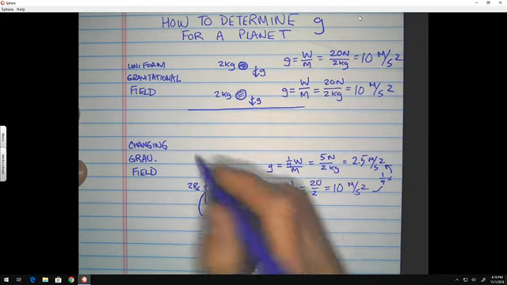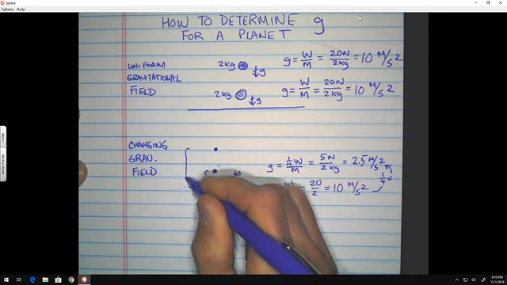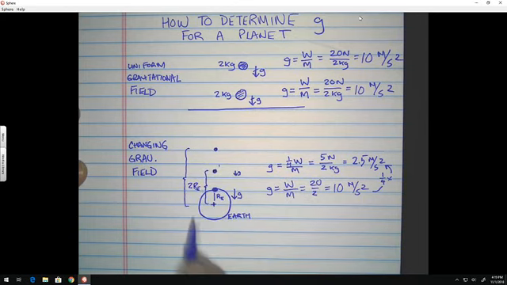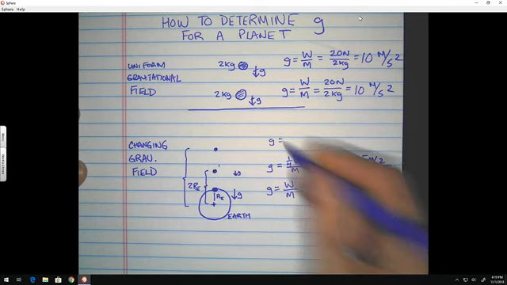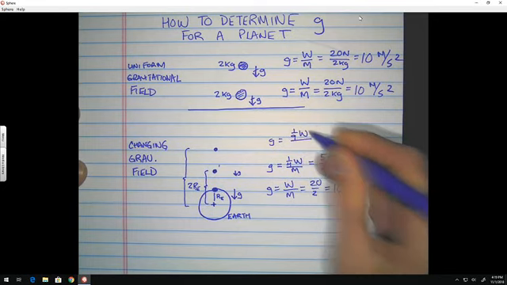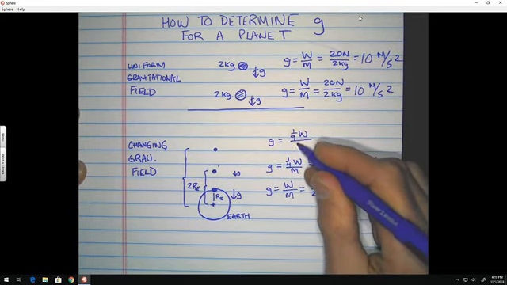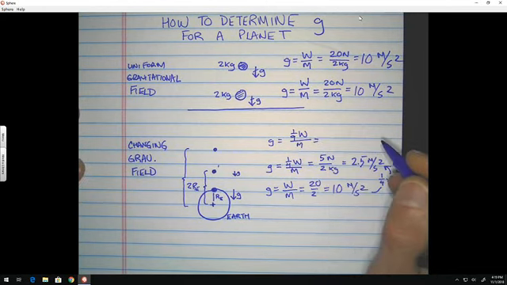Now, if you're following the logic here, you could now go to, say, 3 Earth radiuses, and we're measuring from the center of the Earth to that point. And I hope that you're with me on this, that the force is now going to be 1/9. So the weight is 1/9 of its original value, divided by the mass of the ball, which does not change. And that's going to give me